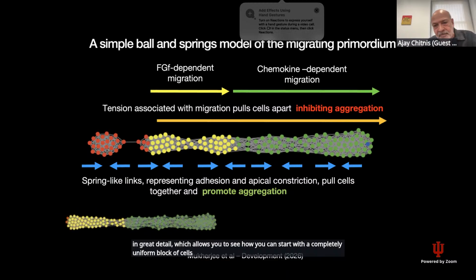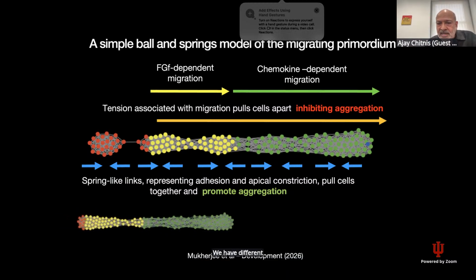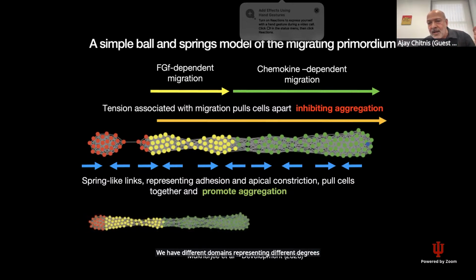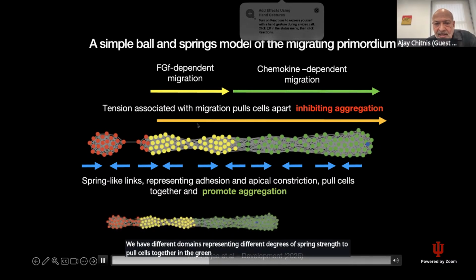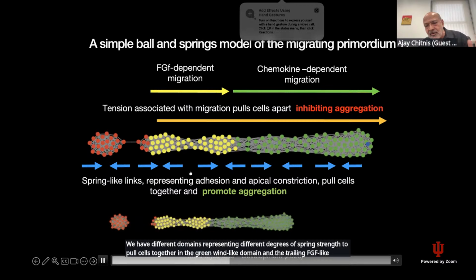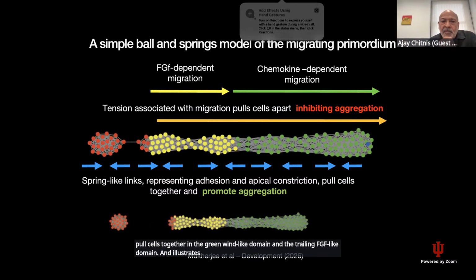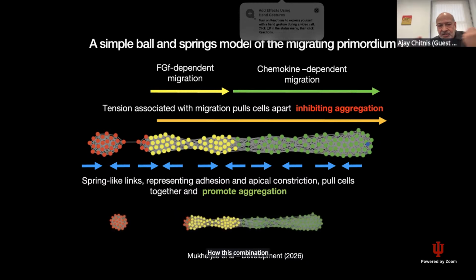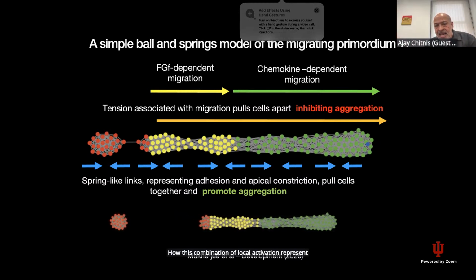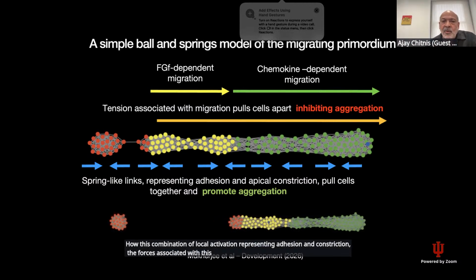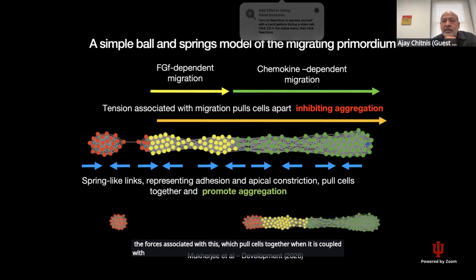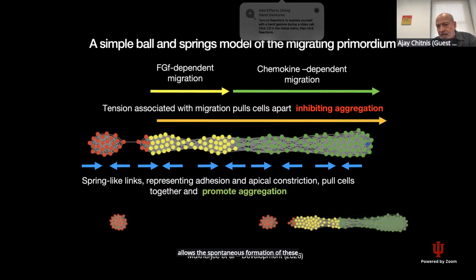And we have different domains representing different degrees of spring strength to pull cells together in the green Wnt-like domain and the trailing FGF-like domain, and illustrates how this combination of local activation representing adhesion and constriction, the forces associated with this, which pull cells together, when it is coupled with tension associated with migration, allows the spontaneous formation of these clusters. So all this was great, but